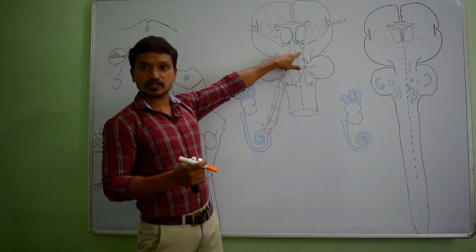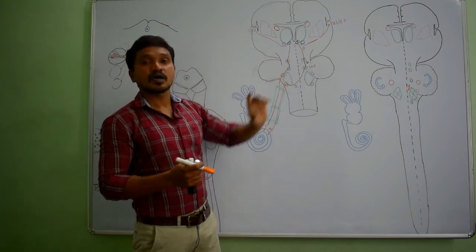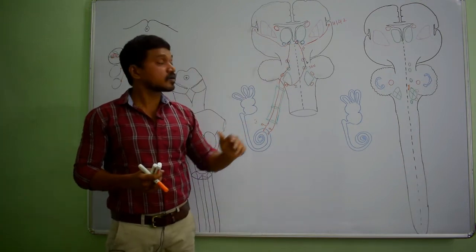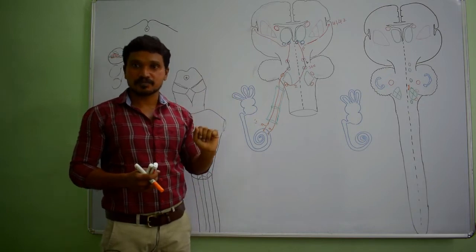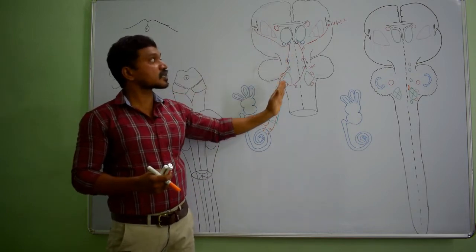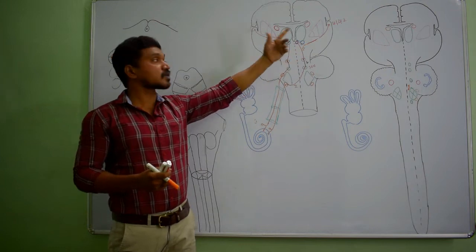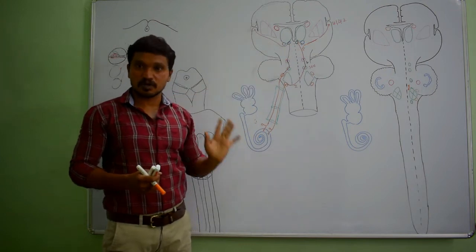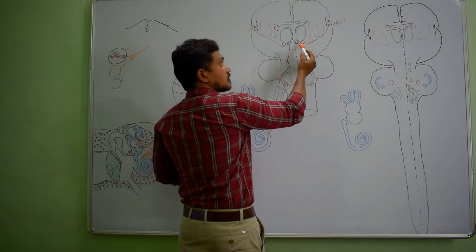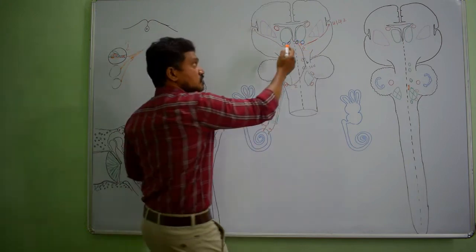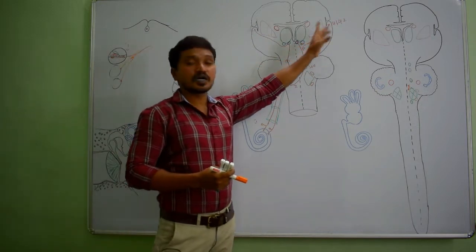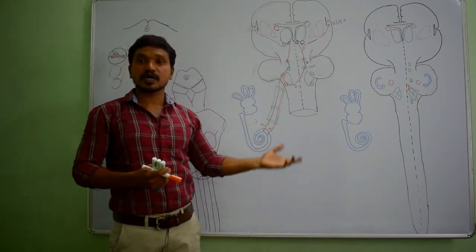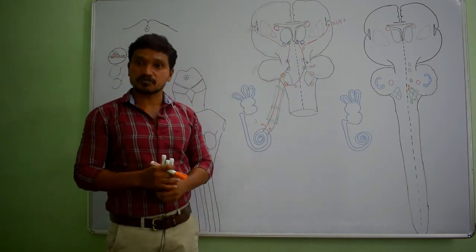These fourth order neurons terminate in the medial geniculate body, and within the medial geniculate body fifth order neurons start. Some fourth order neurons cross to the opposite side and terminate in the medial geniculate body. Then fifth order neurons from the medial geniculate body pass through the sublentiform part of internal capsule, reach the temporal lobe, and end in area number 41 and 42,